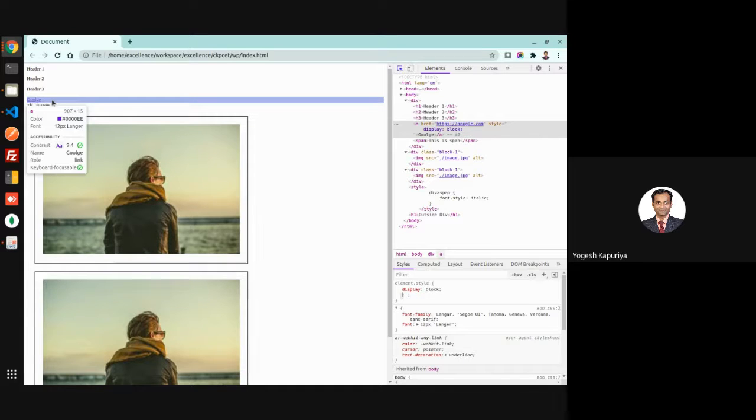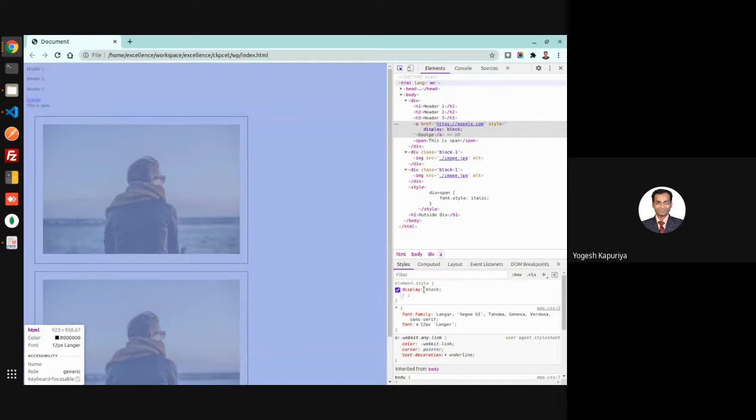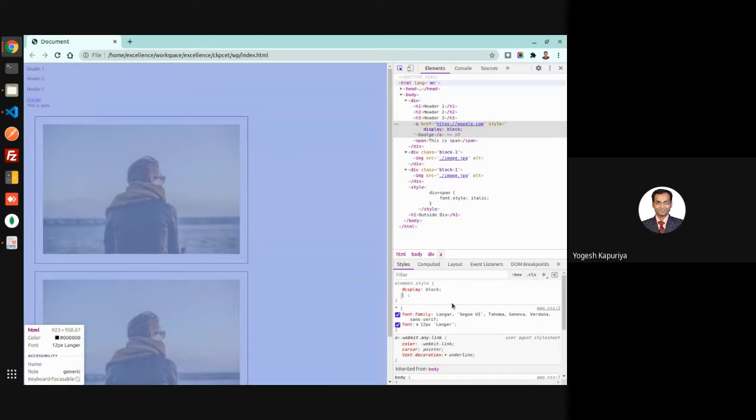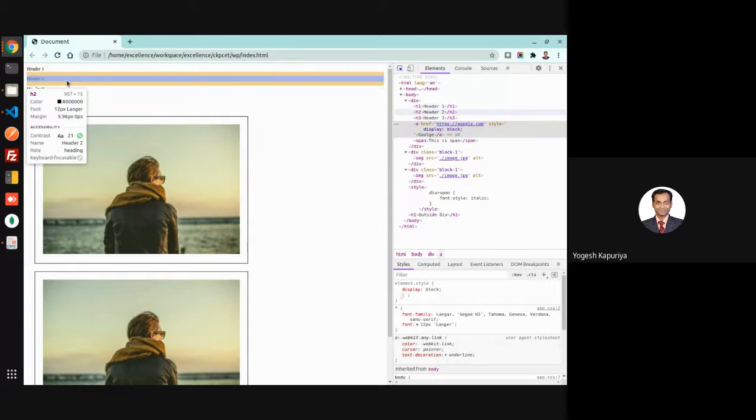There are some defaults. For example, the A tag, span tag, bold B tag, and I tag are tags which have display inline by default. Then there are some tags which have display block by default, like all the headers H1 to H6.